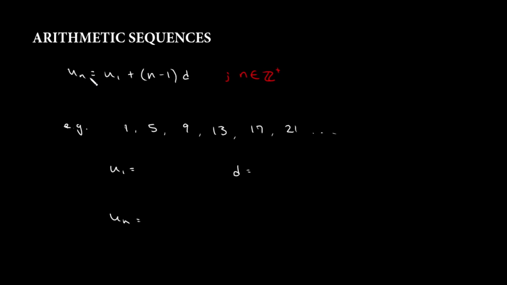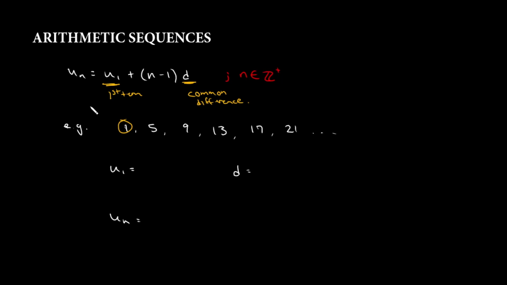So un is equal to u1 plus n minus 1 times d. And that's just a bunch of random letters to you at this point, but that's okay. First of all, u1 means the first term within the sequence. So in this case, it would be 1, right? This is the first term. And d denotes the number that is added at every change. This is usually referred to as the common difference,